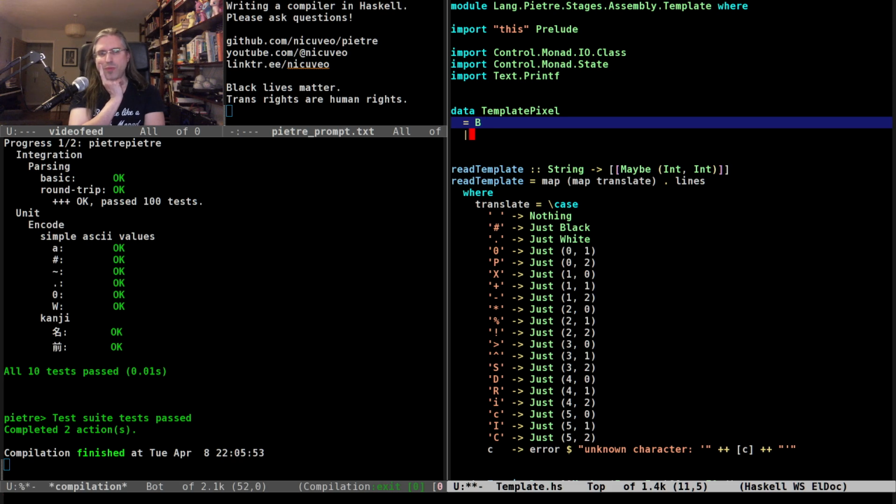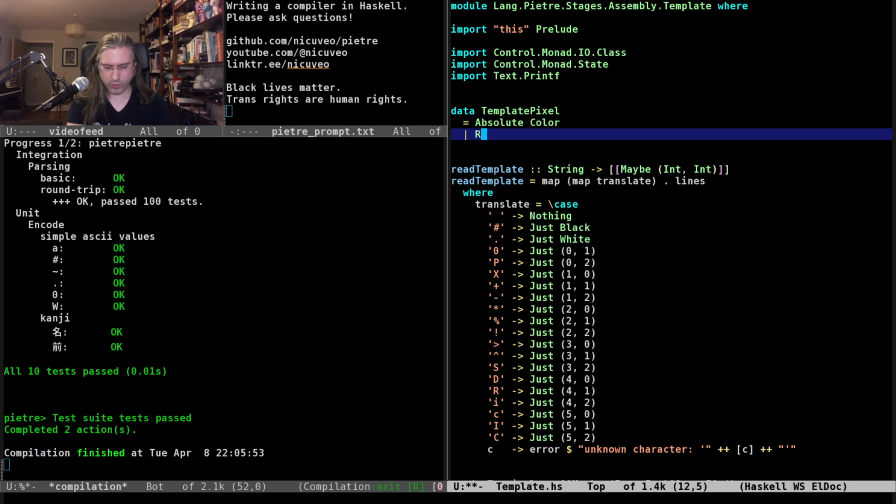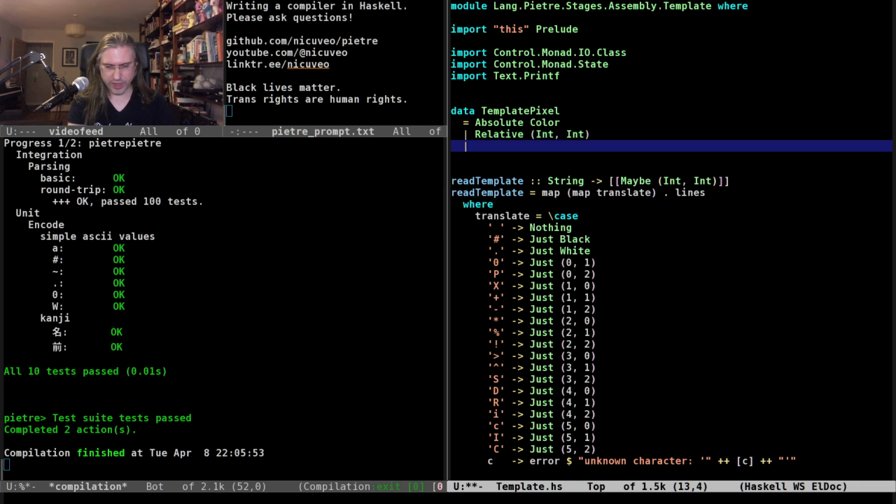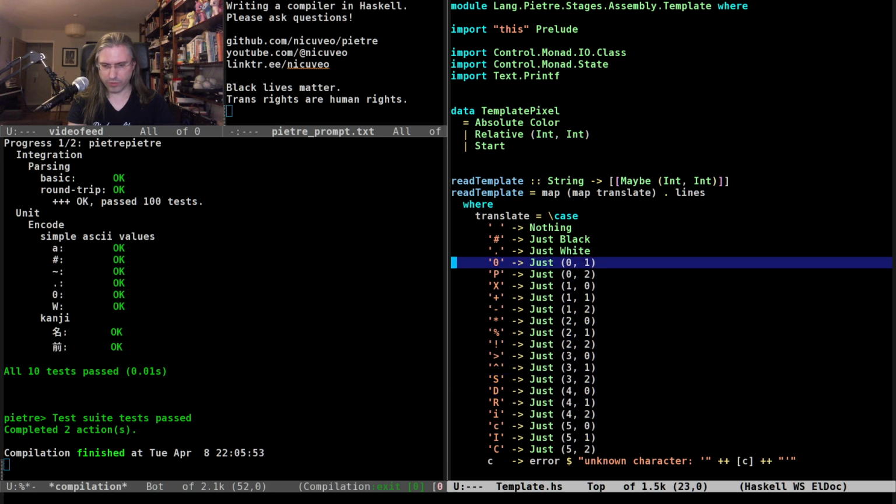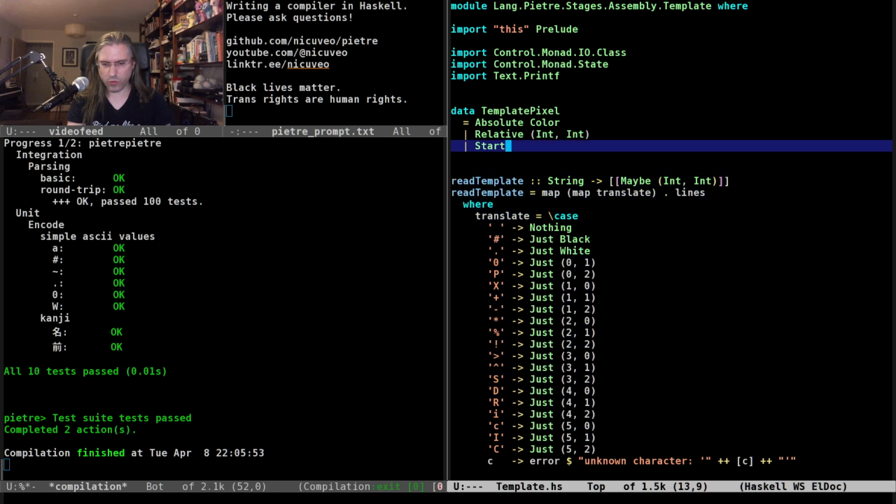Maybe I can remove black and white from the template and always hard code them here, because black and white are never going to show up in my images otherwise. They're always going to be in the templates. Nah, I think they need to be in the color. It's going to be easier. So it's actually either an absolute color or a relative int, or it's going to be a start color. Okay, so here I can rewrite this as being or transparent.